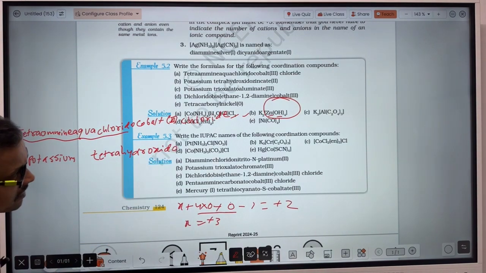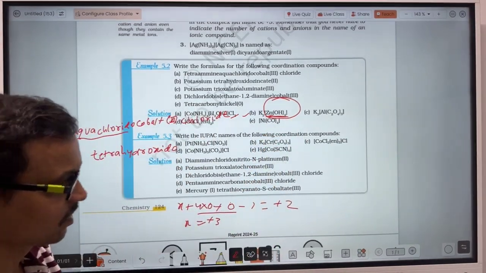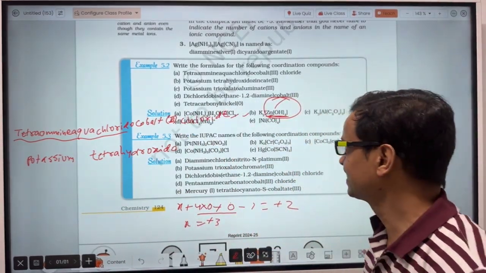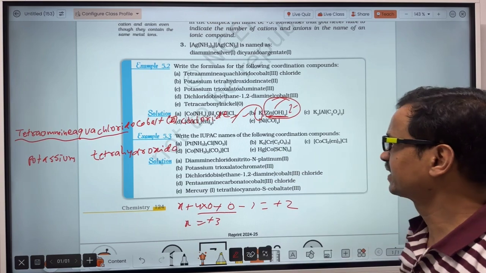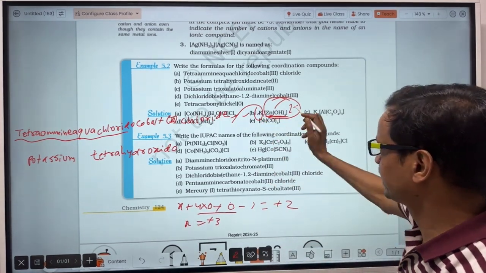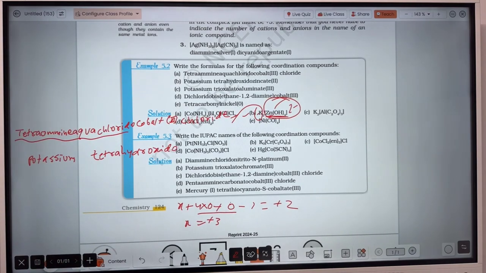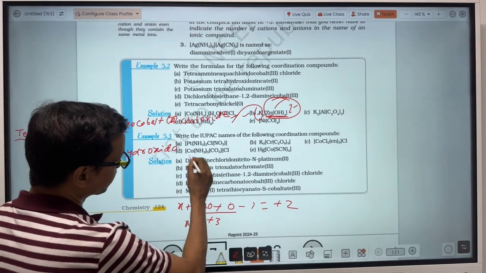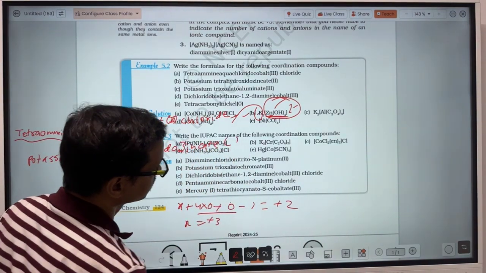hydroxido, and then after here this metal atom, central metal atom is the part of the anion. This one is anion. Coordination sphere is anion because when positive potassium will go, then negative charge appears here. When 2 potassium will go, then 2 unit negative charge will appear on the coordination sphere. So here zinc is the part of anion. So then after we write zincate, it will be added there. So zincate,